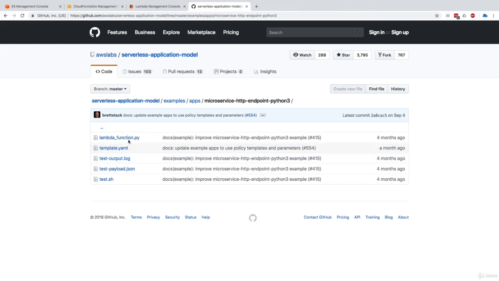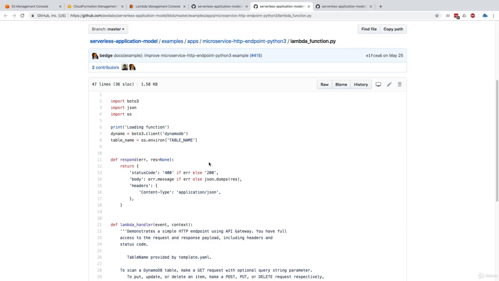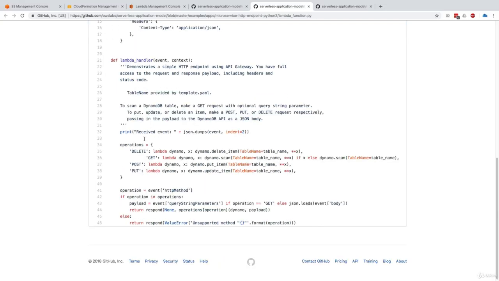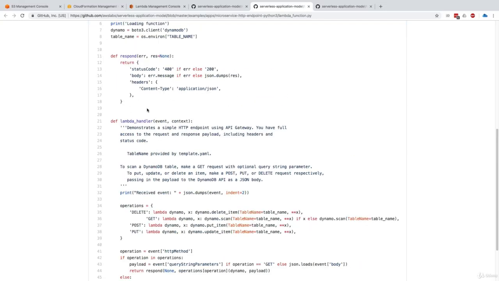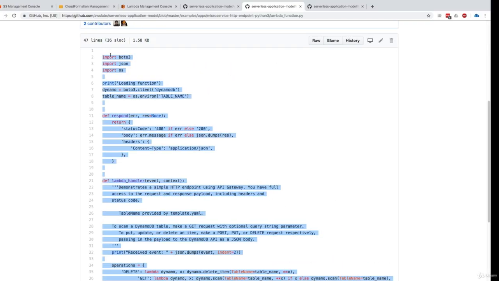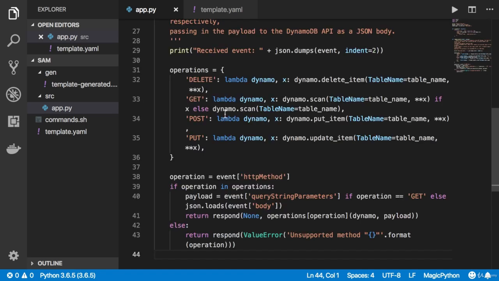And so here we have a Lambda function, a template.yaml, and let's open these two files to see how they work. So the Lambda function itself is now very simple. It's just going to return a little bit more stuff, and it uses a DynamoDB table, so we don't need DynamoDB right now. But what I want to do is just copy this whole document, and we'll edit it as we need. So let's go and copy this, and we go to our app.py, and I'm going to paste it.